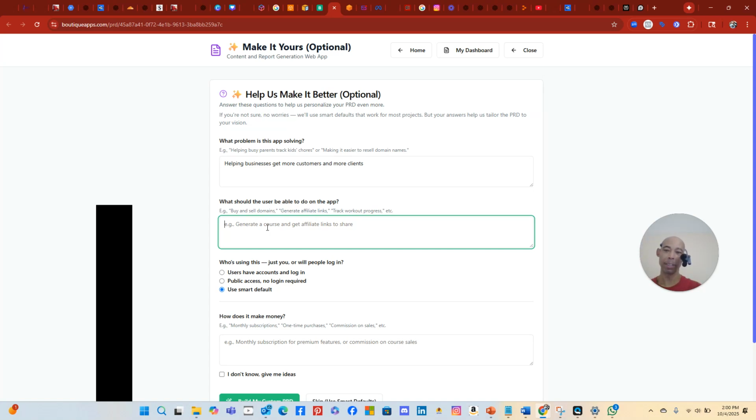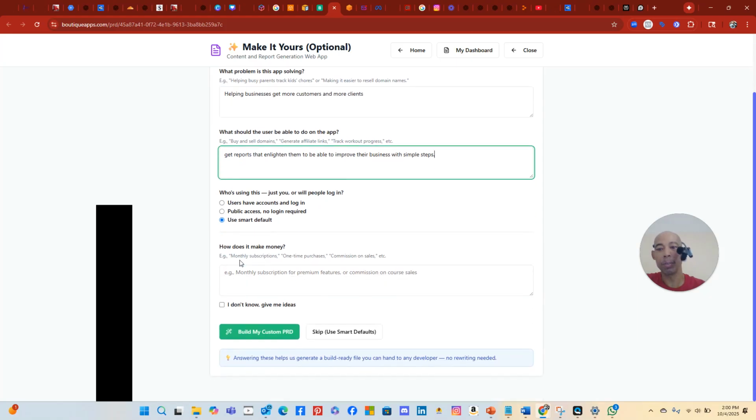Beta release, keyword being release ready. What should the user be able to do on the app? Get reports that enlighten them to be able to improve their business with simple steps. Now, what this is also